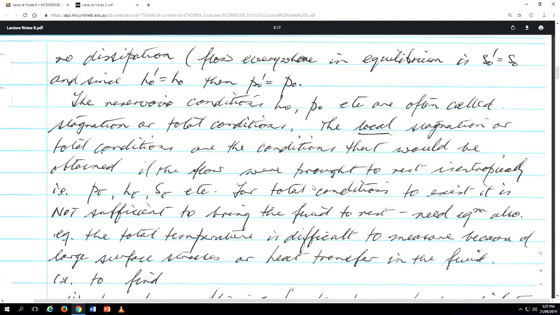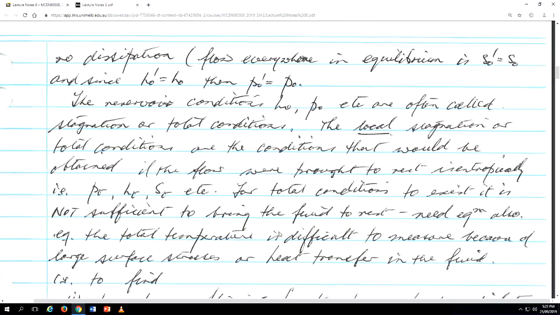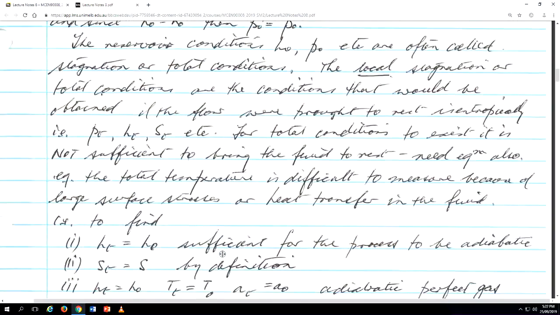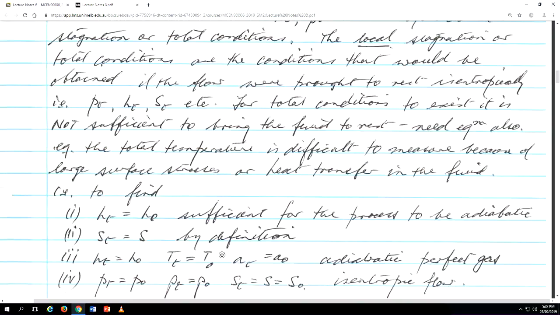And for total conditions to exist, it is not sufficient to bring the fluid to rest. You need equilibrium also. That's to say, the total temperature is difficult to measure because even though you bring the fluid to rest, typically you do it in an environment in which there are large surface stresses or large heat transfer in the fluid. So I summarize this for you here,